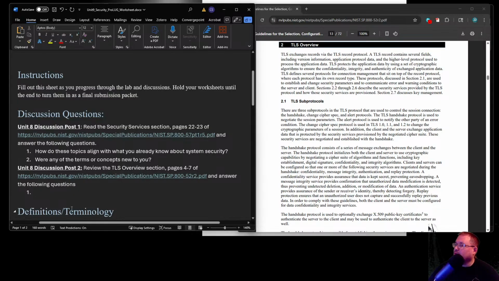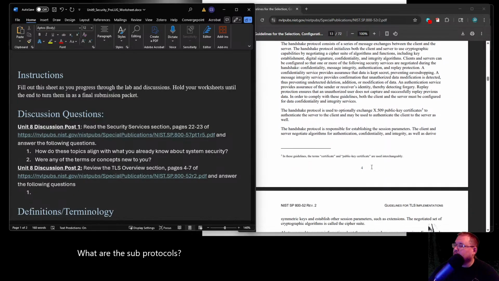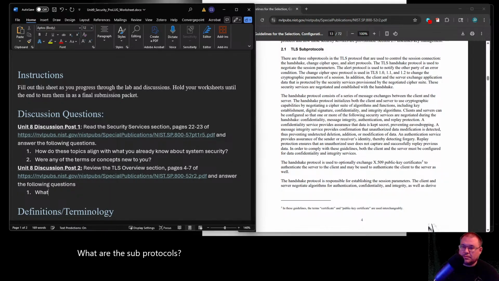What are the sub-protocols of TLS? So what's TLS doing, right?